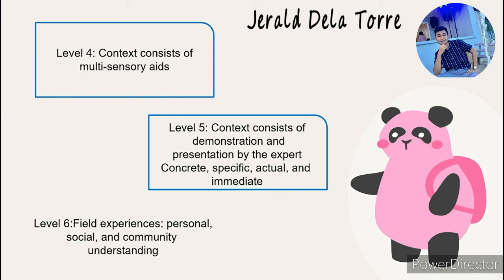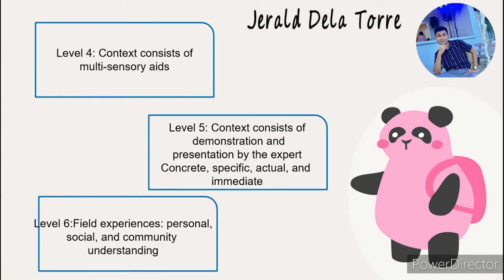From the efforts to set materials indicated in the above-mentioned levels about teaching, it can be assumed that effective instruction can be produced by a variety of combinations and characteristics and conditions rather than by one unique combination. Level 6, field experience, personal, social, and community understanding, and this includes the concrete, abundant, dynamic, readily apprehended setting